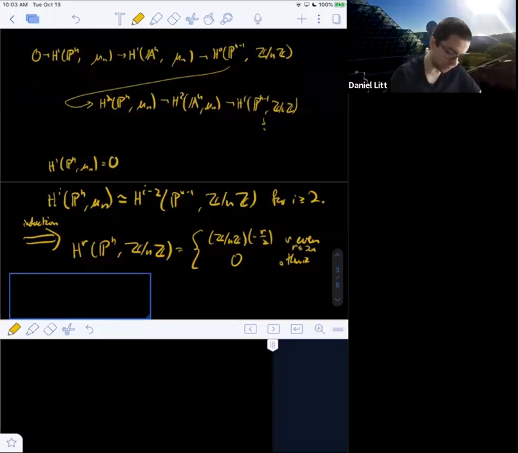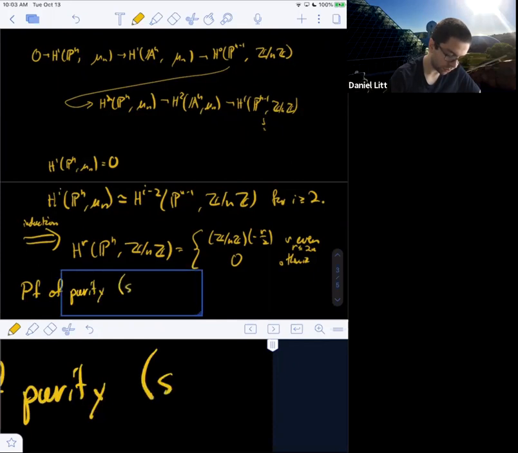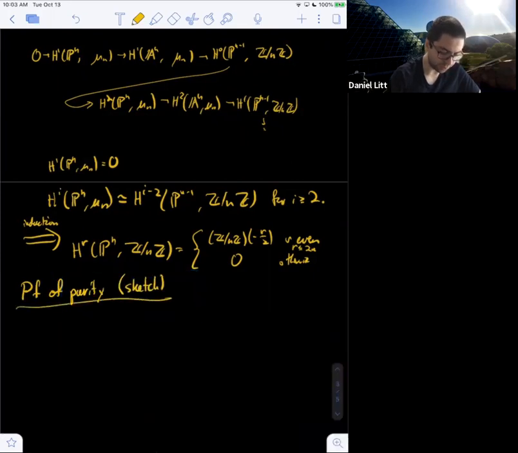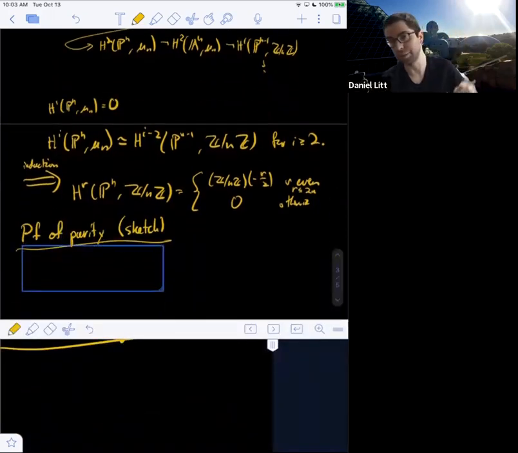All right, so now let me sketch the proof of purity. This is just a sketch, and we'll see at some point we reduce to a situation which looks a lot like a sphere bundle over some base, which is why I explained the topological analog earlier.